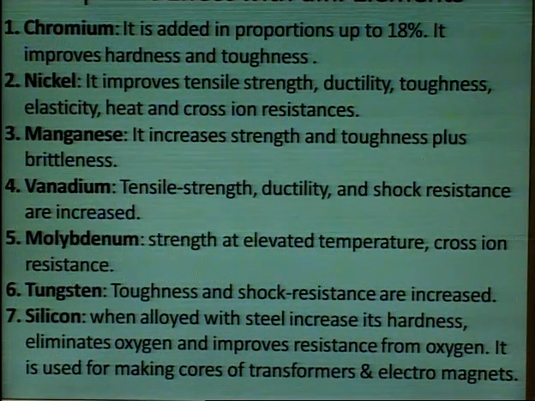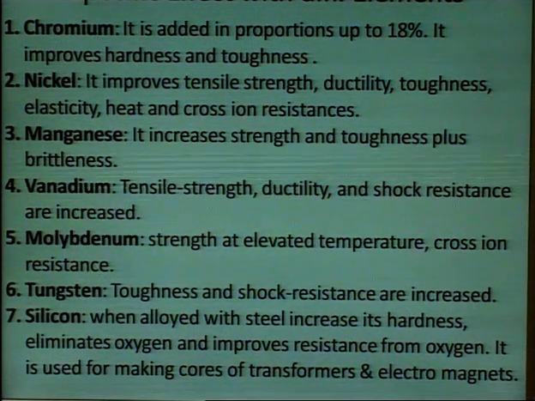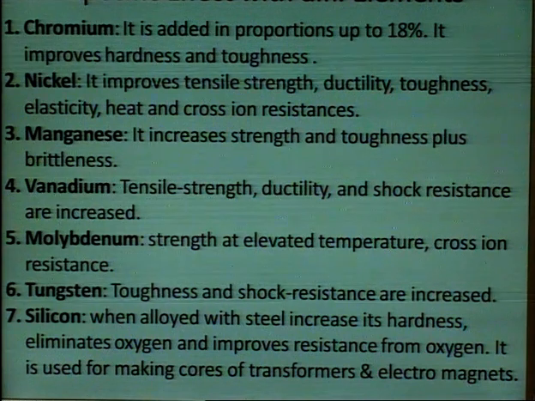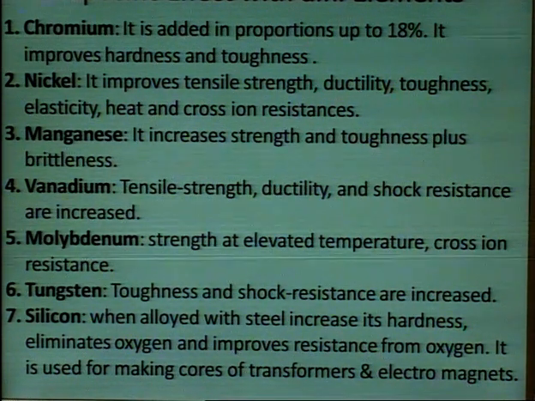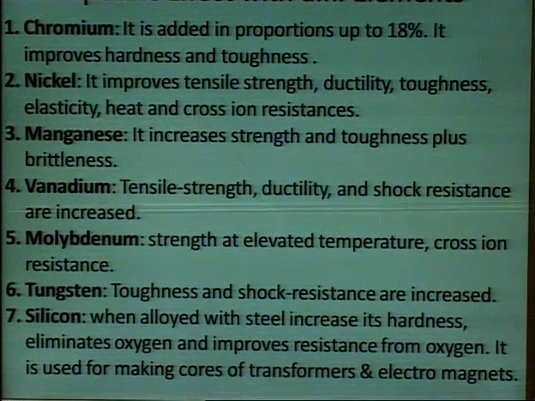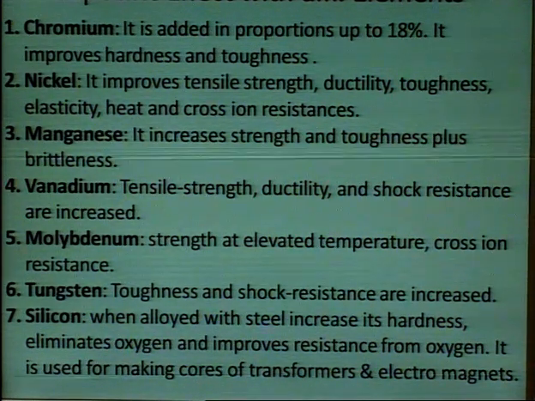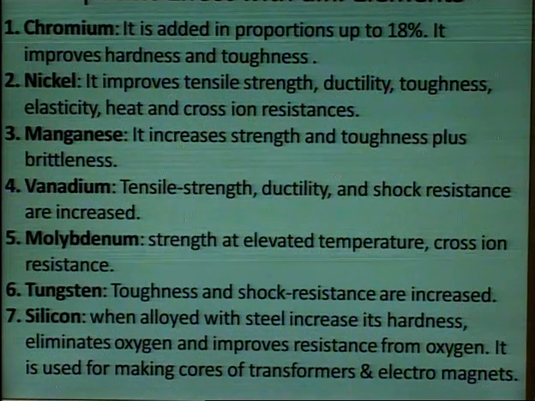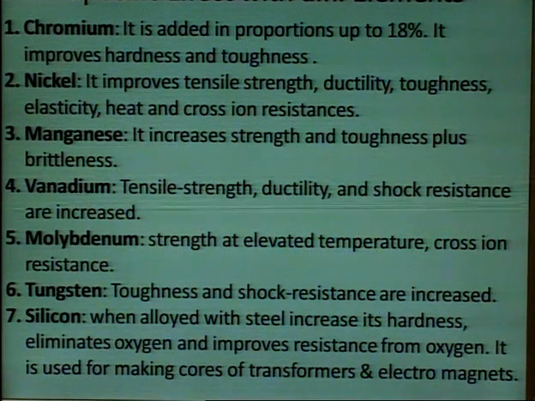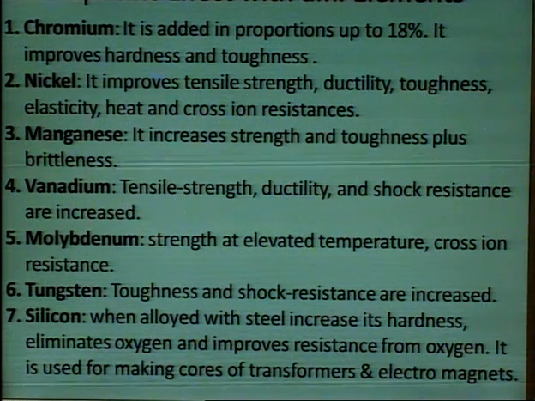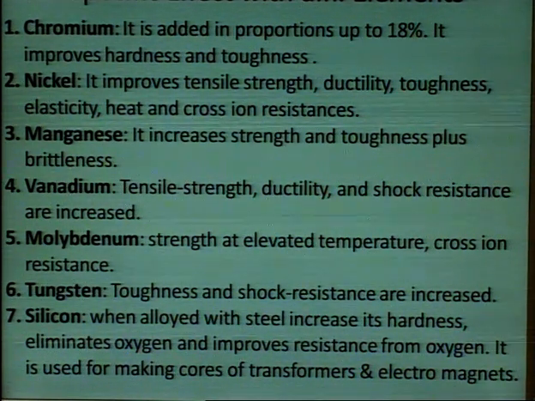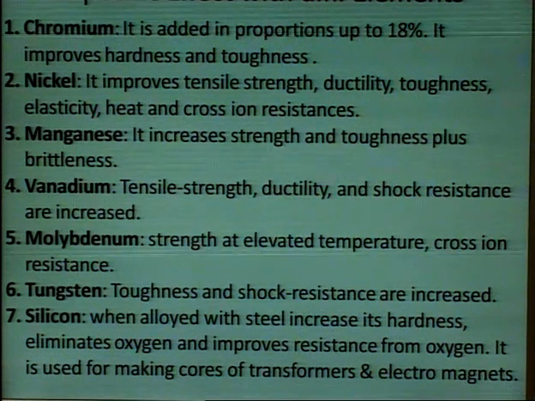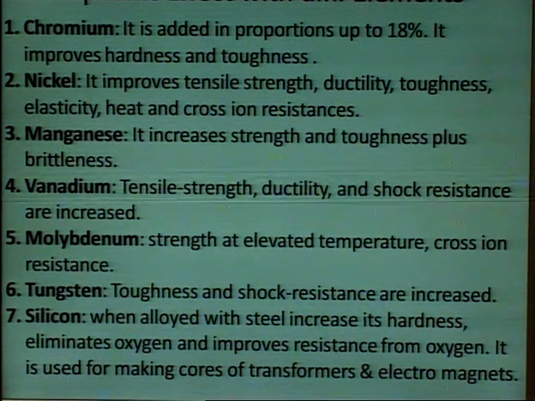So, as ferrous alloys, they are mixed with different types of other metals. With chromium, when it is added up to 80%, it improves hardness and toughness. So, we will get the chromium blades and the scissors, chromium plated or alloys formed by mixing the iron with chromium. And nickel, when nickel is added to the iron, it improves tensile strength and toughness,